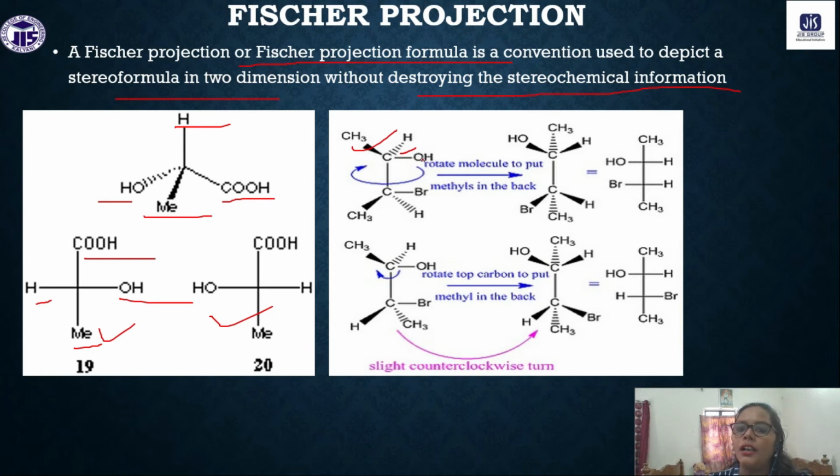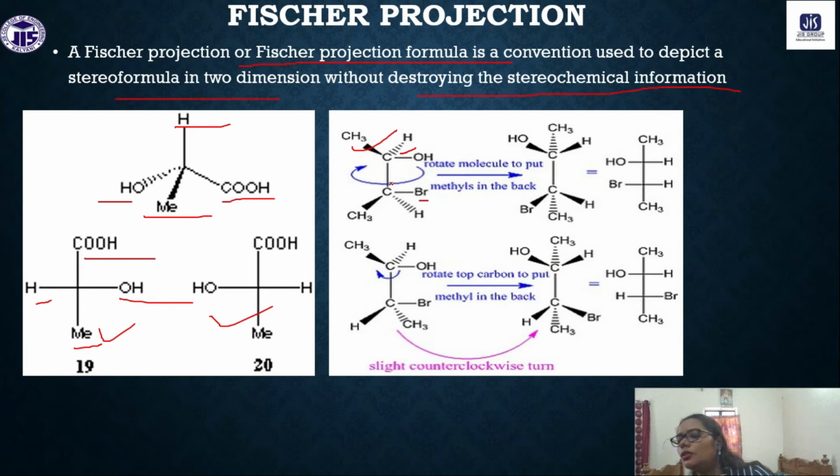This OH is along the plane, this C1 C2 carbon is along the plane, and also Br is along the plane. This hydrogen is again behind the plane, and this methyl group is towards yourself. Now if you rotate the molecule like this,